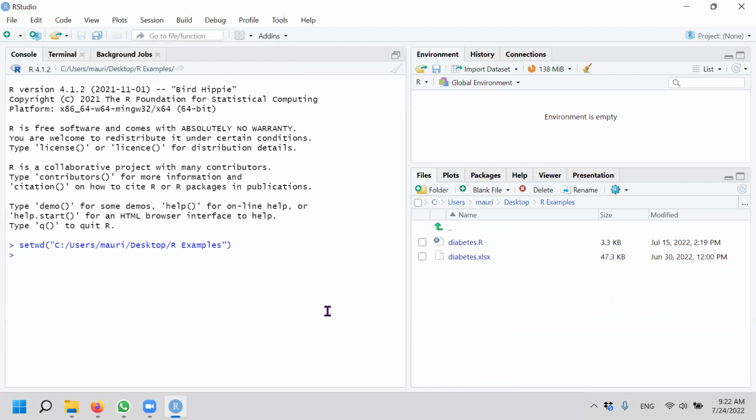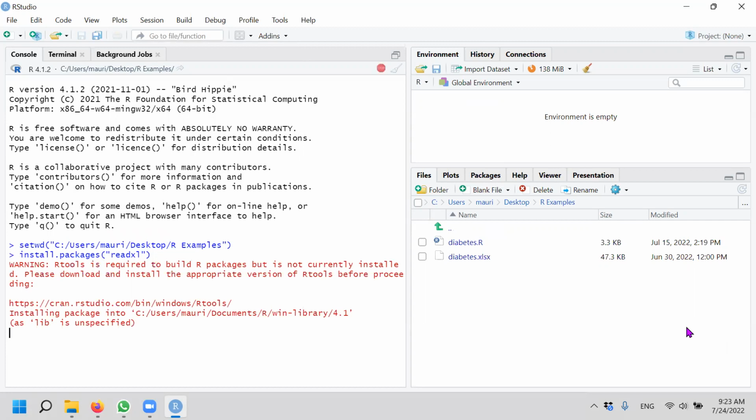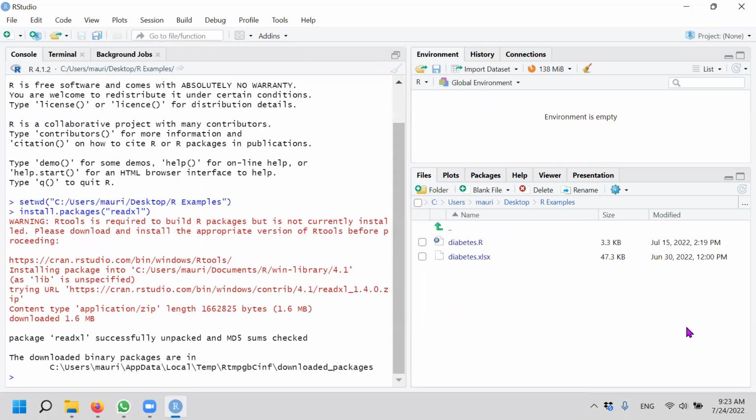So in order to import the diabetes dataset, you need a package called readxl. If you have not installed it before, you can install packages. You install readxl. This is required. So that you run it. Basically mine is installed already. Then what you can do is